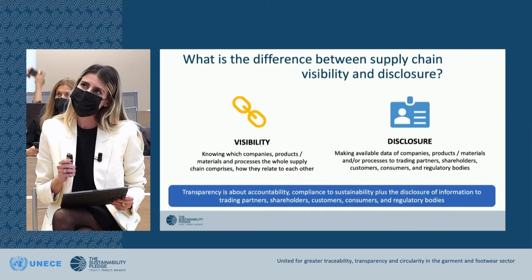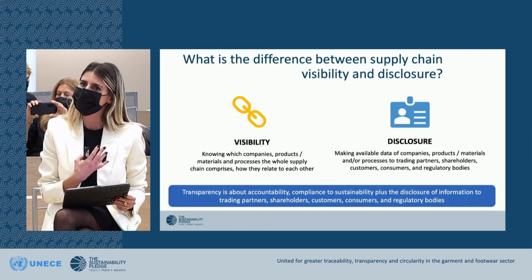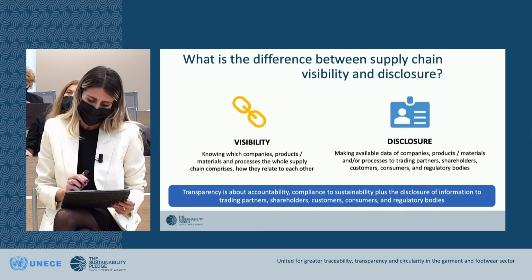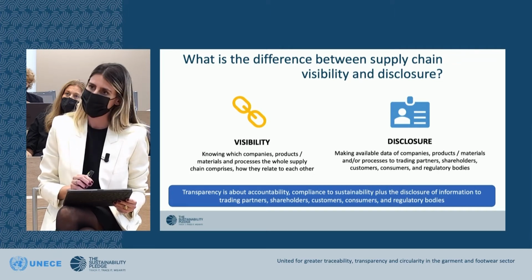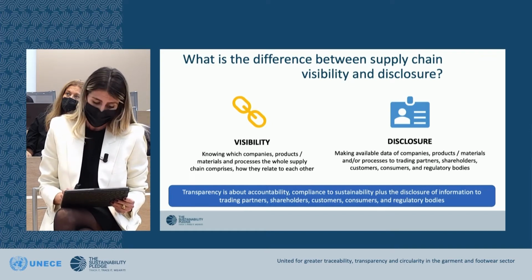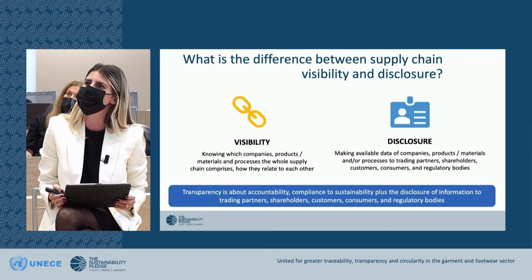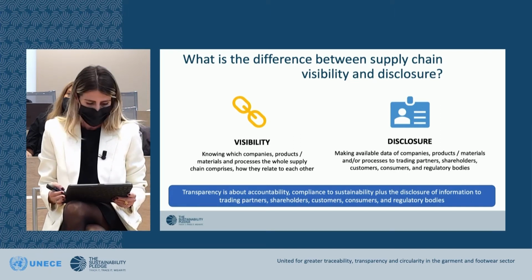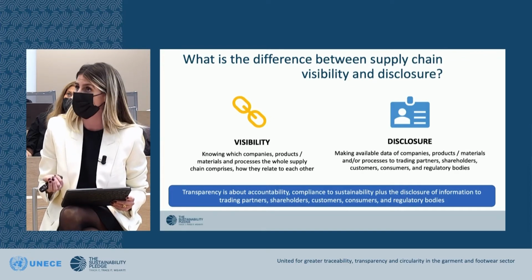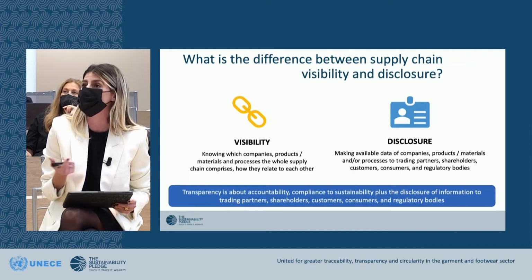Let's see now in more detail what we mean when we talk about visibility, transparency, and disclosure. Do these words all have the same meaning? Well, visibility is about identifying and collecting data from all links in the supply chain. So visibility is easy access to data that are current, accurate, complete, usually formatted. Visibility allows us to know which companies, products, materials, and processes the whole supply chain comprises and how they relate to each other. While disclosure is about communicating data, both internally and externally, at the level of detail desired. So it's about making available data of companies, products, materials, and/or processes to trading partners, shareholders, customers, consumers,